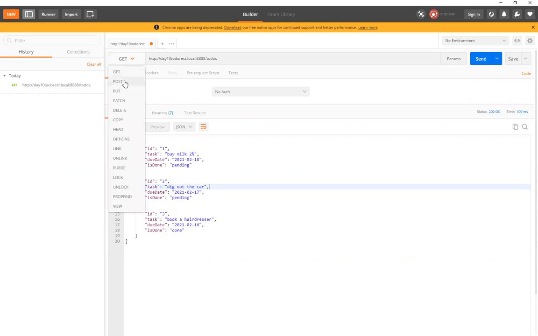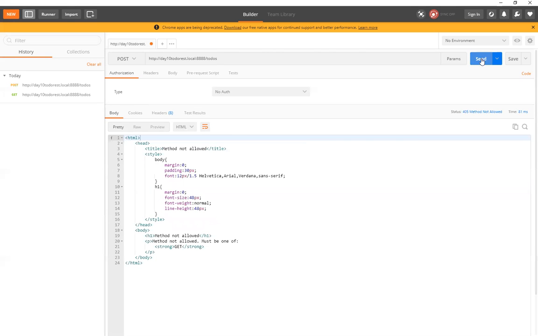Okay, so now go to POST. So switch to POST. So what does POST do? It creates a new record. It creates a new record. So if you just go and send it, you're going to get some sort of an error here, like this, for example. The reason being